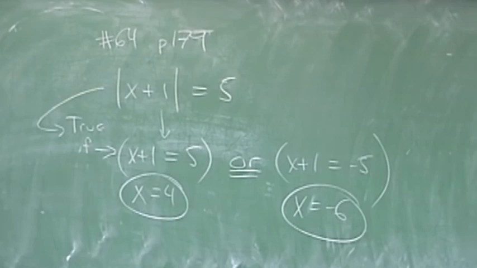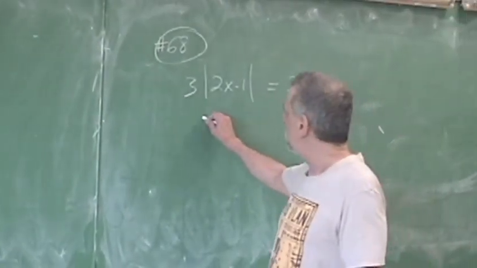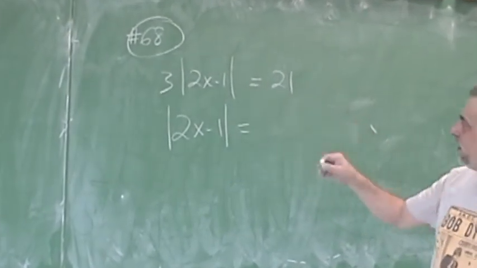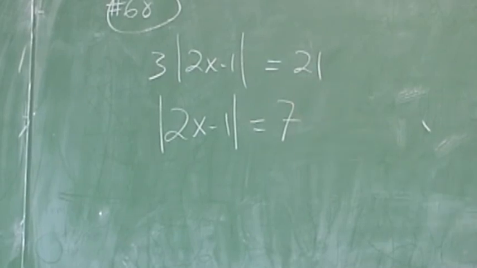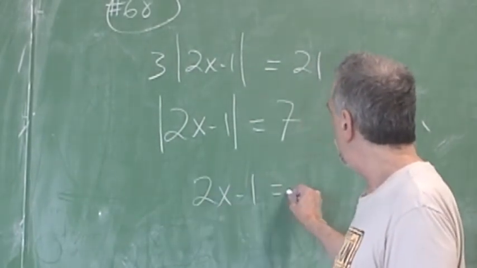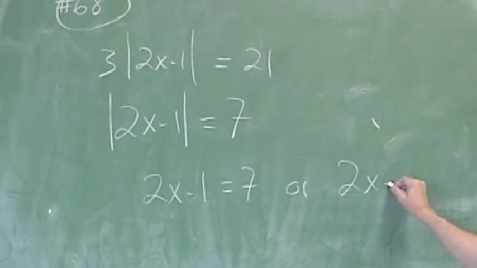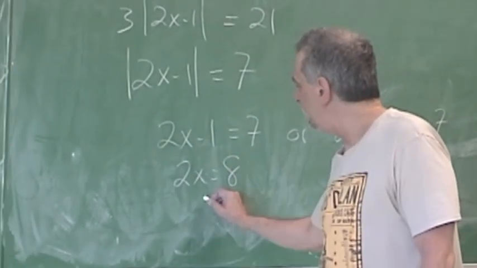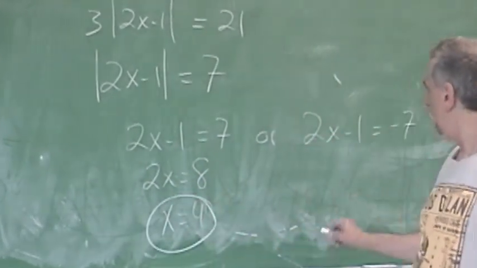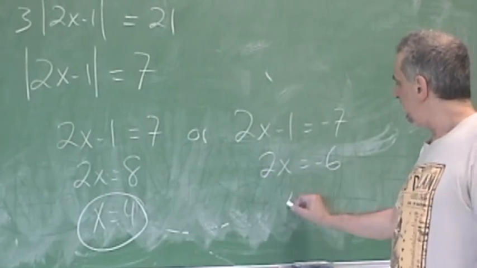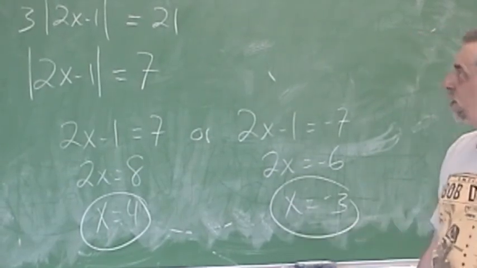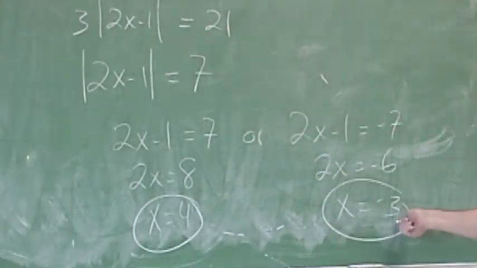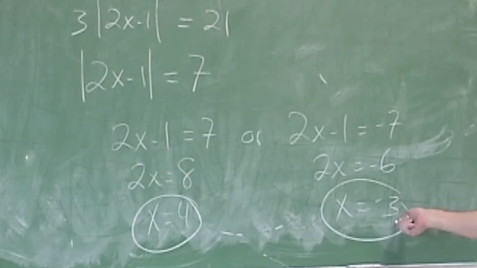Here, we want to isolate the absolute value first. Again, you probably see this isn't really too tough. We just have absolute value of 2x minus 1. We divide both sides by 3, and now we're right back to where we were. We say this is true if 2x minus 1 equals 7, or if 2x minus 1 equals negative 7. We solve both of those. We get x equals 4, or x equals negative 3. We check that. 8 minus 1 is 7. 3 times 7 is 21. Put negative 3 in there, we get 3 times 7 is 21. They both